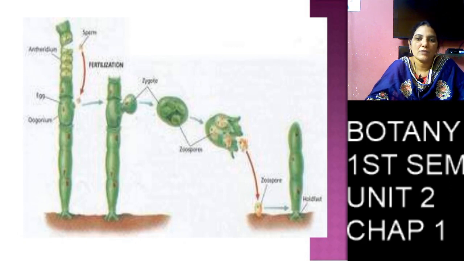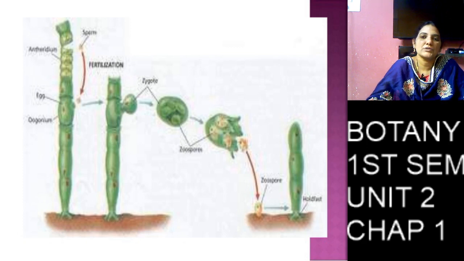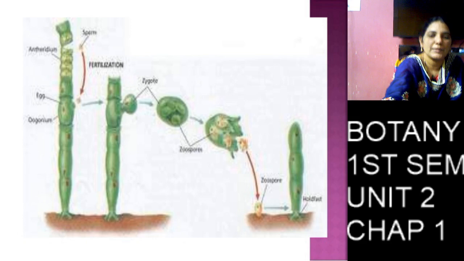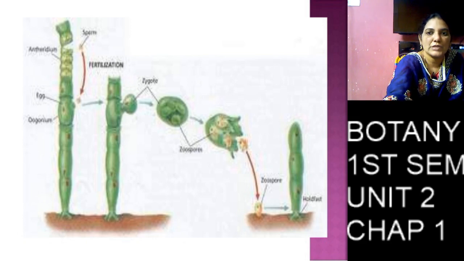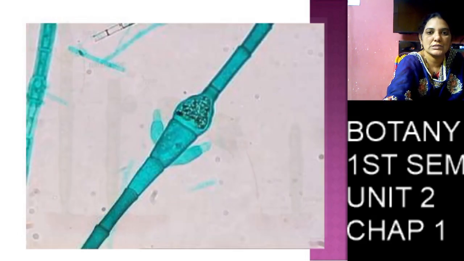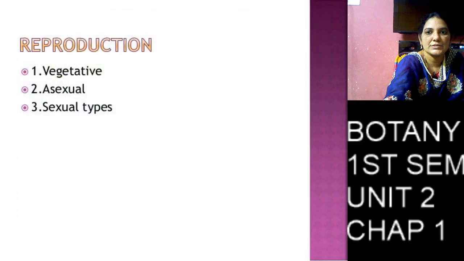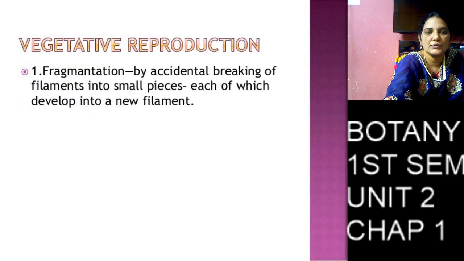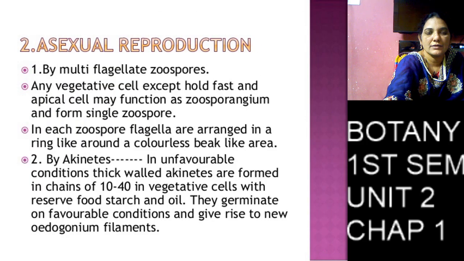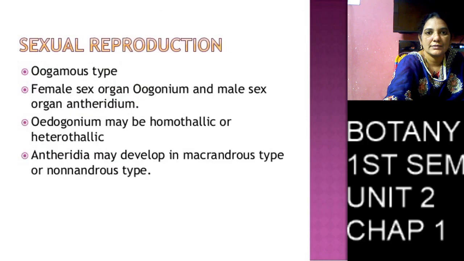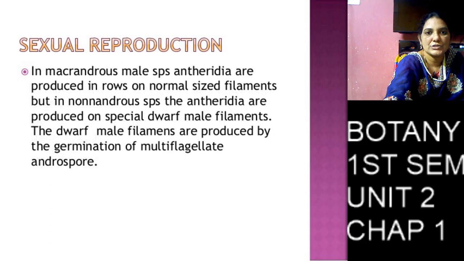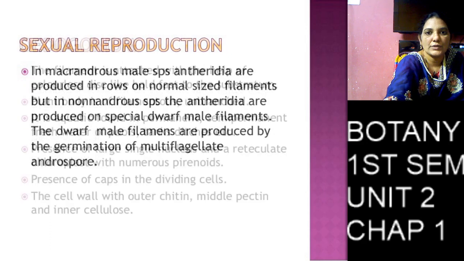It forms one receptive spot, and the androspores enter through the receptive spot, and one male gamete fuses with the female gamete and forms a zygote. The zygote is in the diploid stage, so it undergoes meiosis and divides into 4 haploid cells, and each cell changes into an Oedogonium thallus.